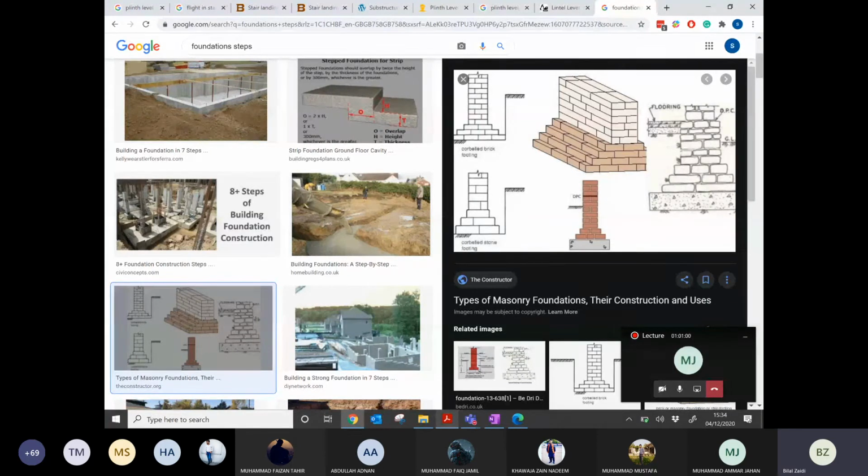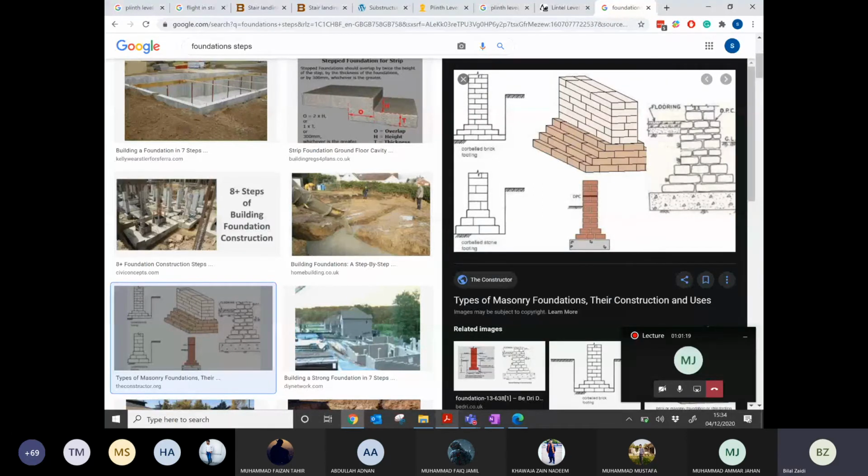On the top there are bricks which are wider than the normal thickness of the wall, maybe 2 feet 6 inches. Then we will move in steps, and the width will finally be equal to the width of the wall thickness.